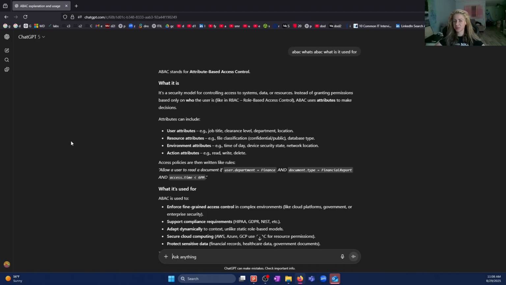A company wants to ensure that its employees can access the network resources from anywhere in the world. Which access control model is best suited for this scenario? Attribute-based access control.